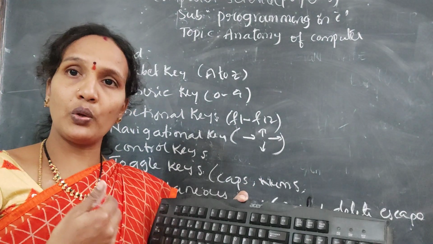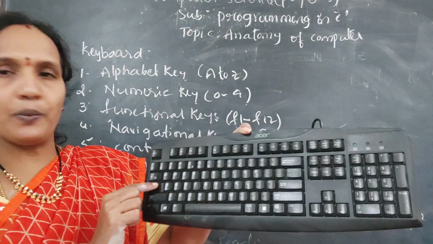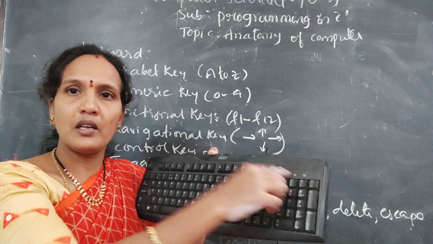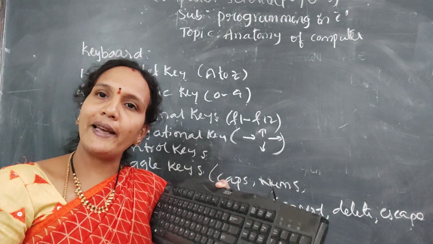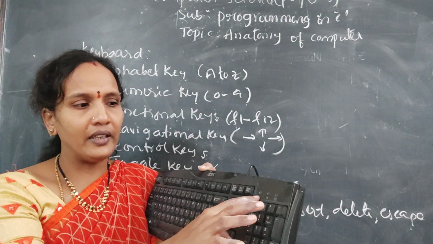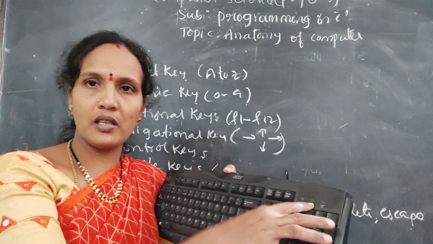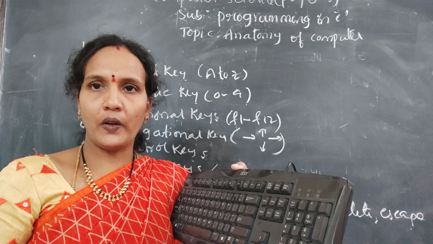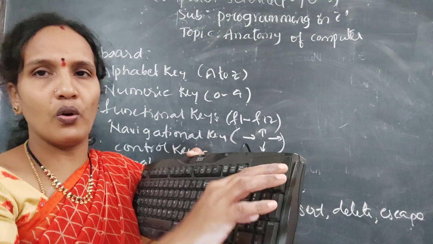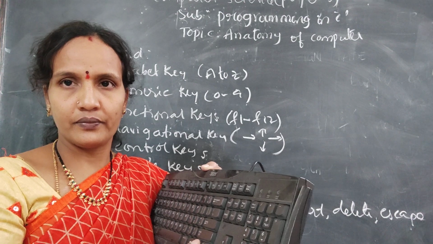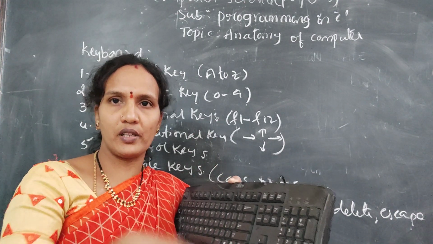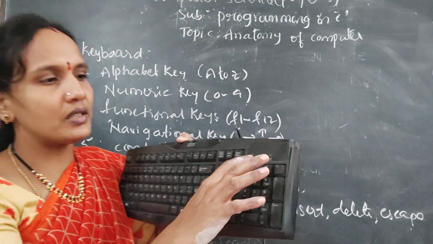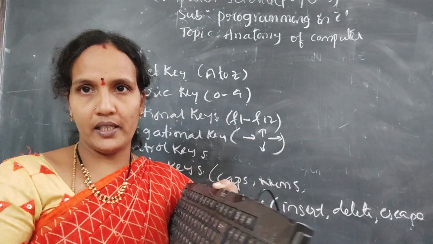So whenever you want to write capital letters, just press the caps lock and here you will get a light. What it means is, whatever you are entering right now are capital letters. If your light is off, whatever you are entering are small letters, not capitals. Next, scroll lock. With scroll lock you can lock the screen, means you can stop the screen from moving up and down. So these 3 are called toggle keys.